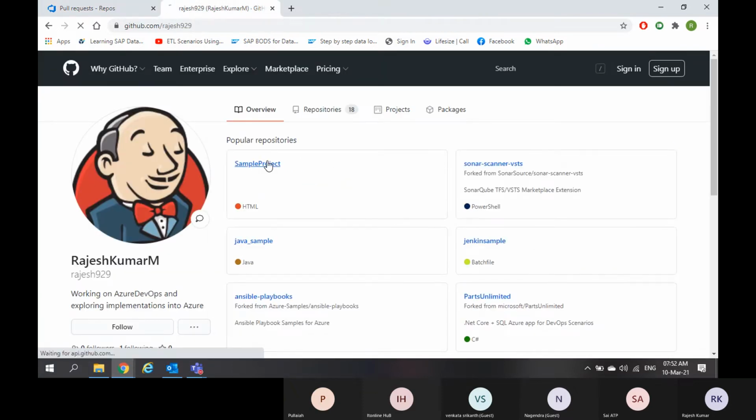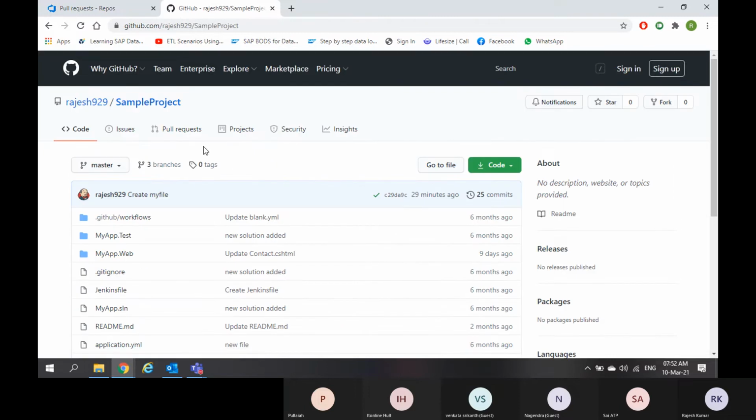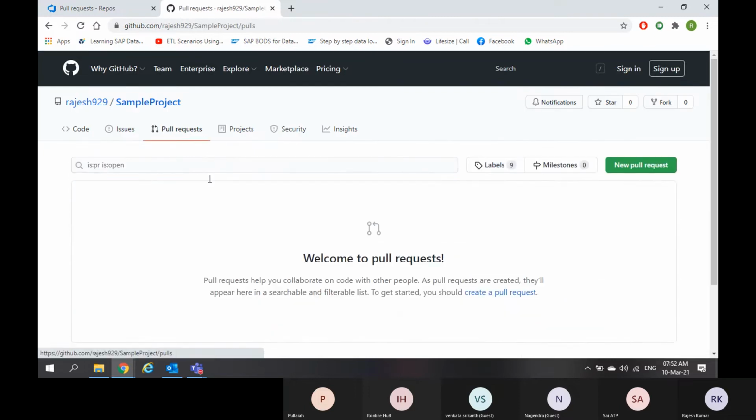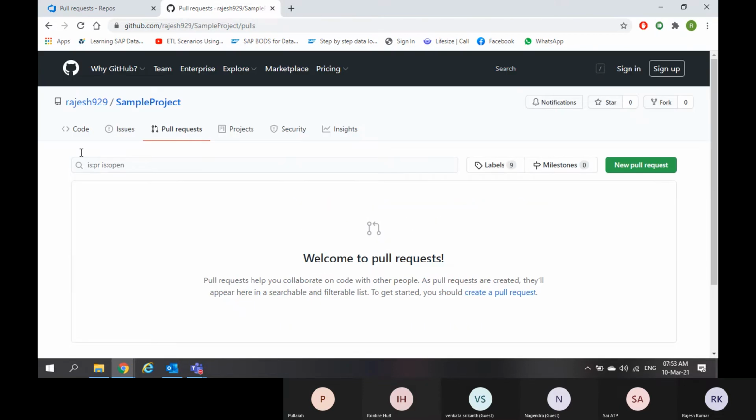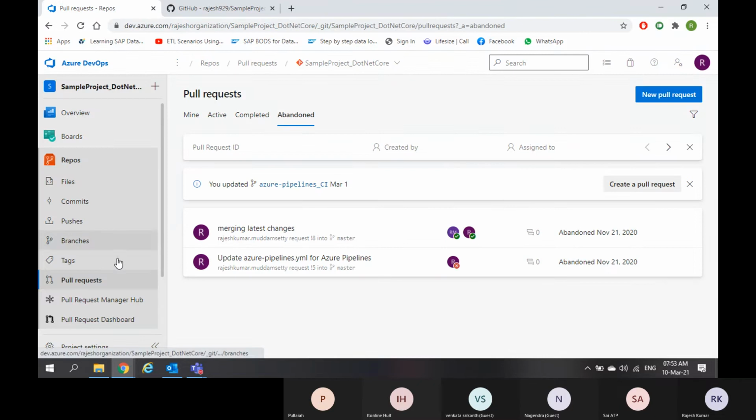The same way we have the pull request option here also. If I go to a repository, there we have the pull request option. But here there are no pull requests. If I had created any pull request, I might have seen them. Leave aside these two sections. These are customized ones. Obviously, you will not be seeing them in your source code repositories. These two will not be available for you. These are like custom options.